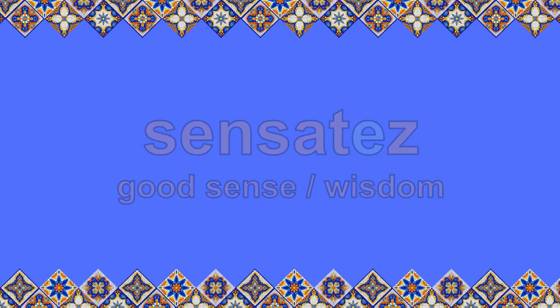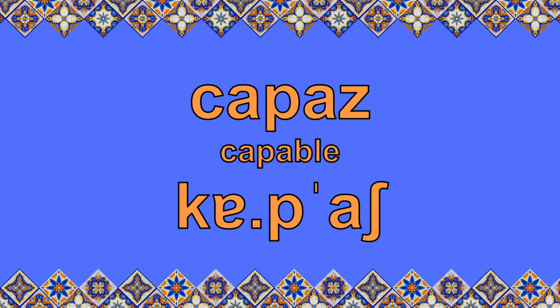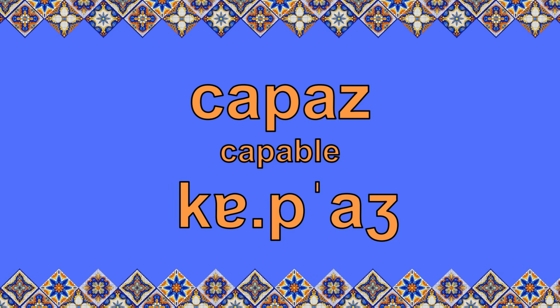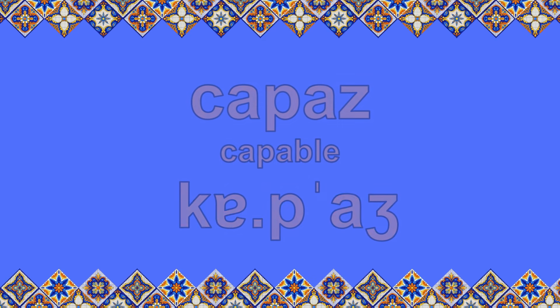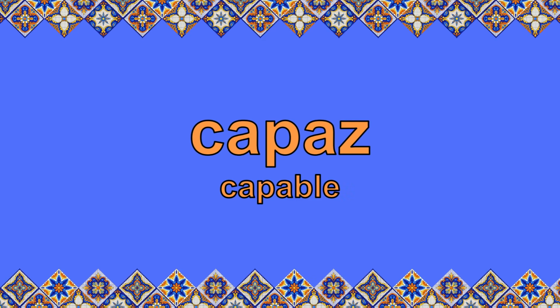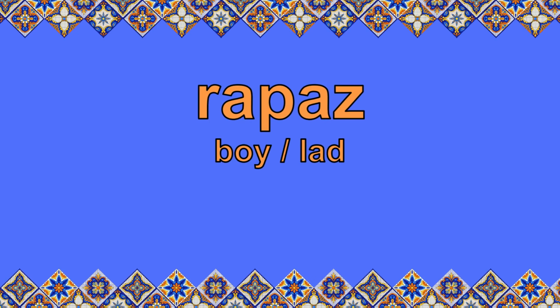Sensatez. Similarly, this next one is a similar situation. So you have the standard pronunciation, capaz, capaz, and in a more Algarvian pronunciation, capaz, capaz. But regardless of this pronunciation of the letter Z, the stressed vowel is still in that last syllable. So the first A is closed, ke, and the second one is open because it's in the stressed syllable, capaz, capaz. Now you try this next one.